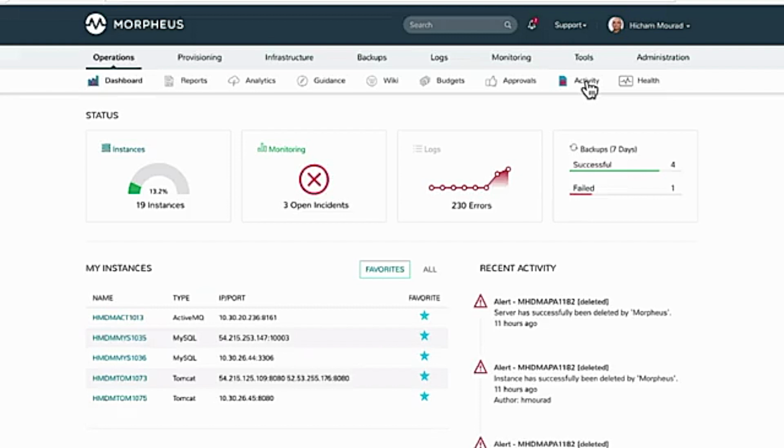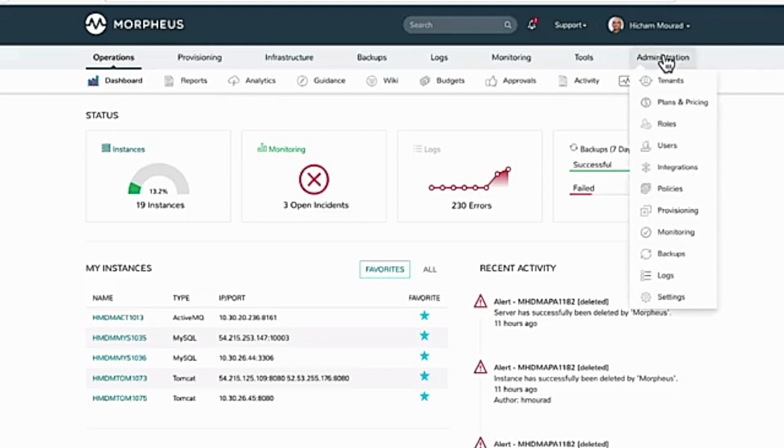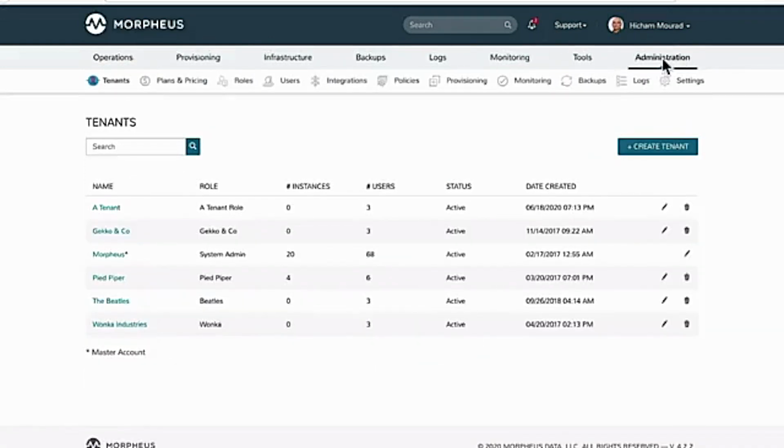But let's touch on multi-tenancy, right? So we have a lot of customers that even within their own organization want to be able to provide, and build subtenants for different groups within their environments. But we also have a lot of customers who are MSPs. And MSPs, obviously, they have their own customers and they want to be able to provide tenants to each of their individual customers. So what I'm going to do here is I'm going to go to administration